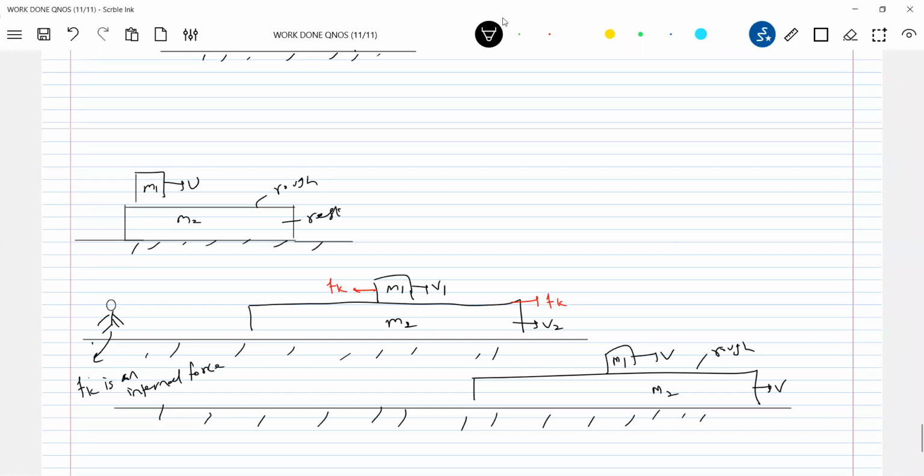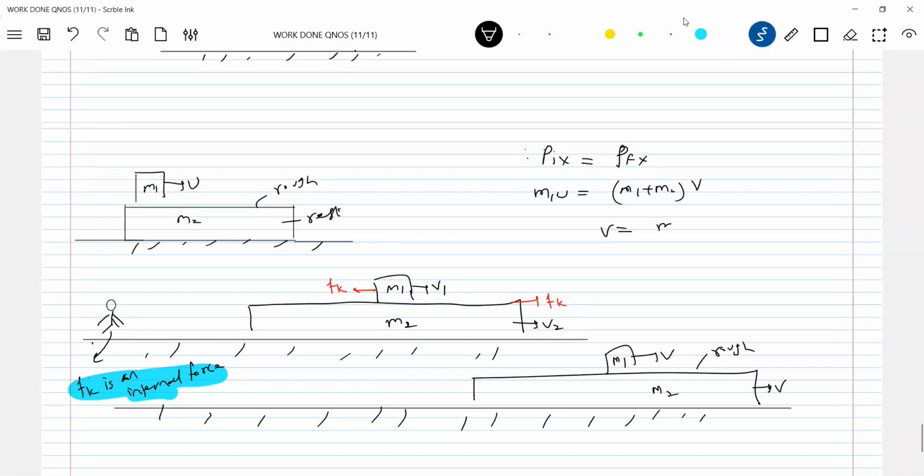So what is the net force acting on the system? It says 0 plus Fk minus Fk. Now these internal forces, can they do work? Yes. Sir, how can you say? So we'll do one thing: initial kinetic energy, final kinetic energy. I'm just applying conservation of momentum. As the net force is 0, momentum will be conserved. Initial momentum equal to final momentum. Initial momentum m1 u, final momentum...